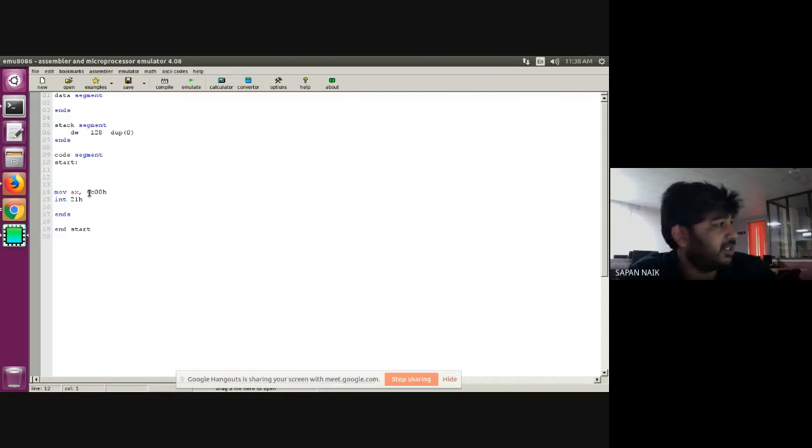Just for the information, till now we have covered, I think, 5 programs. One is block transfer 8-bit, block transfer 16-bit, number swapping in a single array 8-bit, and single array swapping 16-bit. Then we have seen some basic addressing modes and done that program also. Yesterday we saw addition of 16-bit numbers, right? So these many programs we have already done. Today also we are going to do 2 more programs so that you can get comfortable with your emulator and start working on it. From next week onwards, we'll start the theory portion again and cover some theories of 8086.